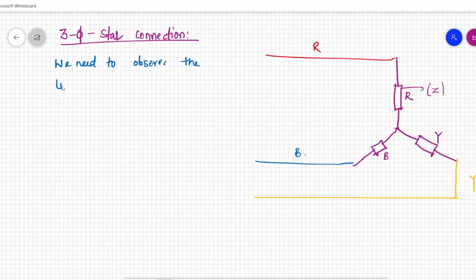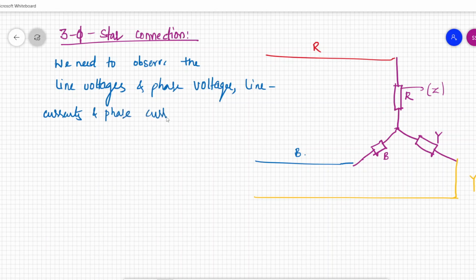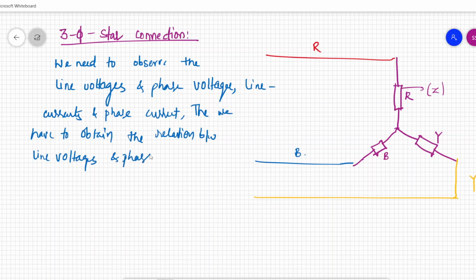The line voltages and phase voltages, line currents and phase currents. Then we have to obtain the relation between line voltages and phase voltages,